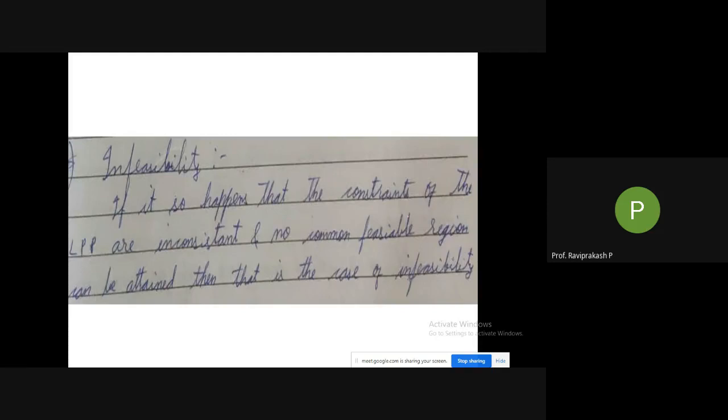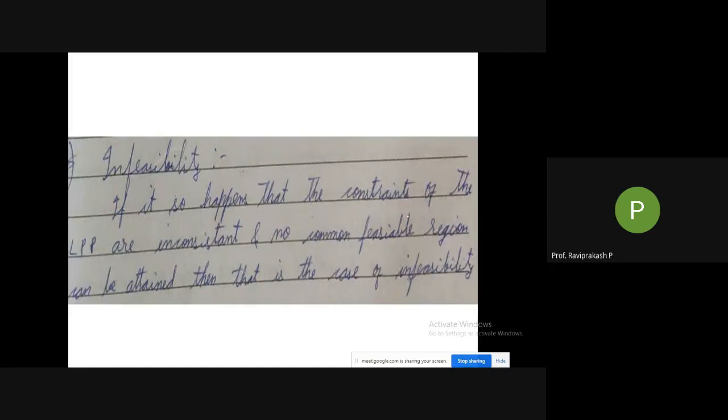It is infeasibility. What is infeasibility? So first write it, then I'll explain. Infeasibility. If it so happens that